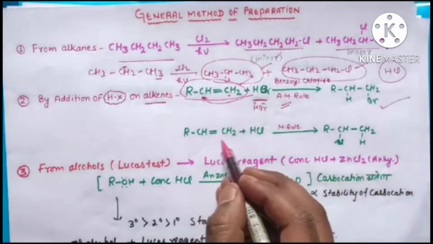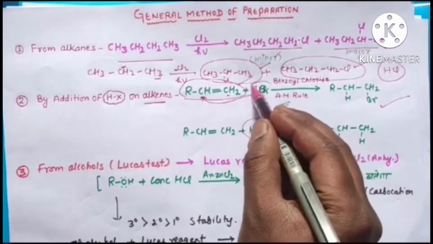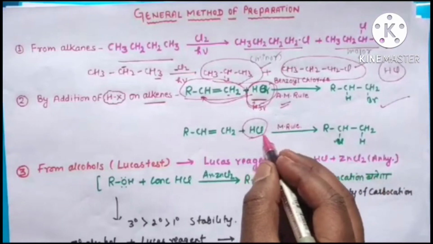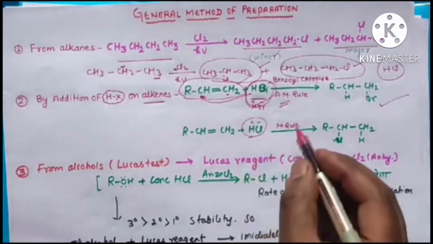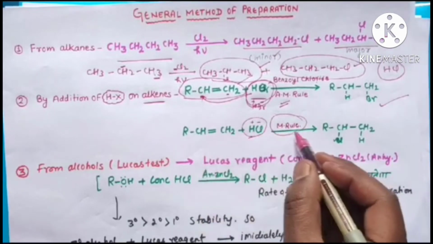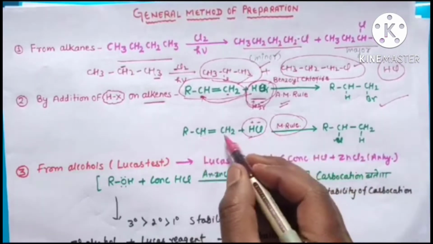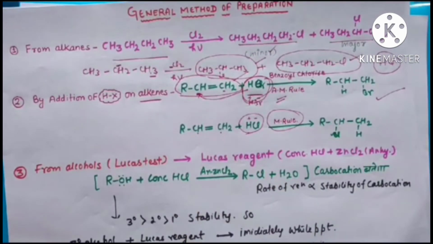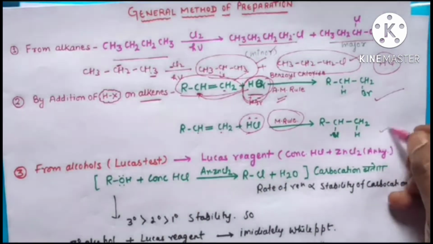But this anti-Markovnikov rule is only specific for HBr. If there is HCl, H positive, Cl negative, then the Markovnikov rule applies, which you know about. The negative part of that reagent will attach to that carbon, and the positive part will attach to this carbon, because there is more substitution, as you know about the Saytzeff rule from class 11. So I don't think this is any problem.